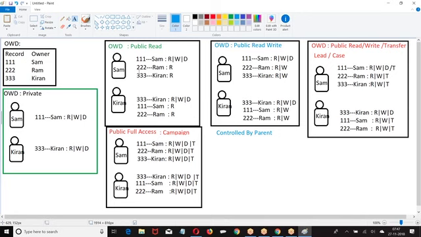So this is given at the object level. Now control by parent is given at what level? Object level. OWD permission is not given at record level. It is given at object level. You give it on the complete object to control the permissions on records in the object. Are you getting it? Yes.